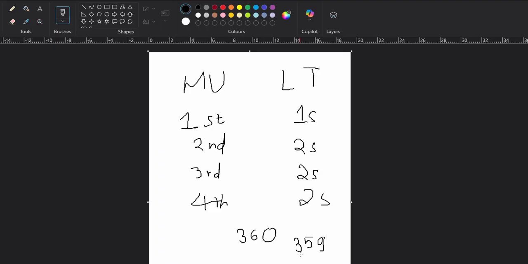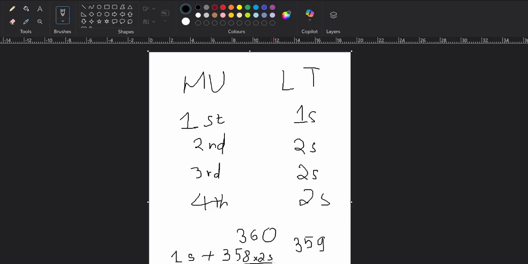Okay, and then within 3599 products, I have 1 time that the line time is 1 second plus 3598 times the line time is 2 seconds